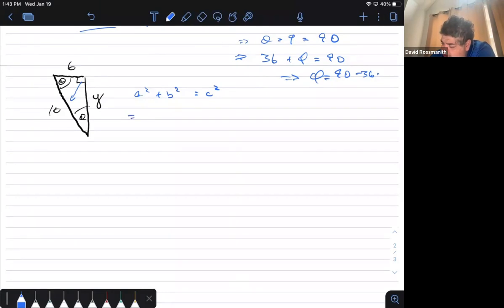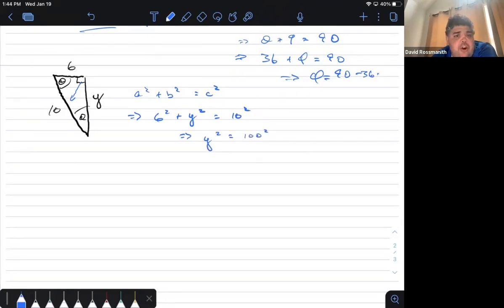So for our Pythagorean theorem, we know 6 squared plus y squared is equal to 10 squared. So the C we know is 10. A and B, well, the 6 could either be called A or it could be called B, but it doesn't matter which one is which because they're just added together. So I called the 6 the A, and B I'm calling y. So I want to solve for y. That's no big deal. 6 squared goes to the other side. y squared equals 10 squared, which is 100,